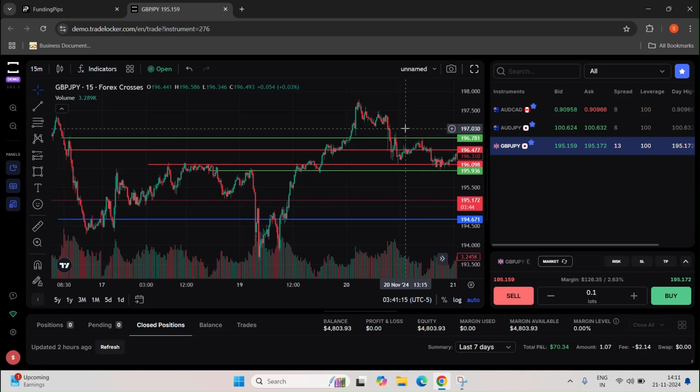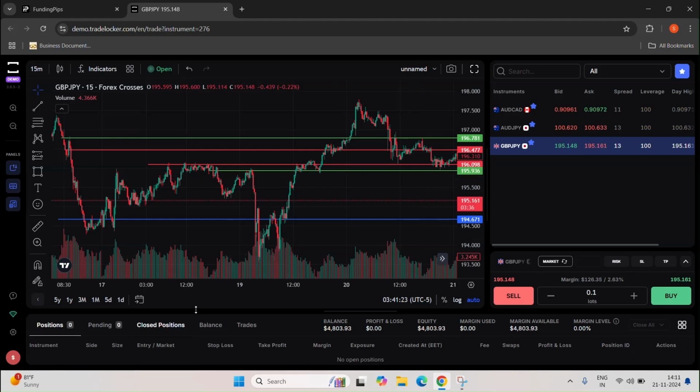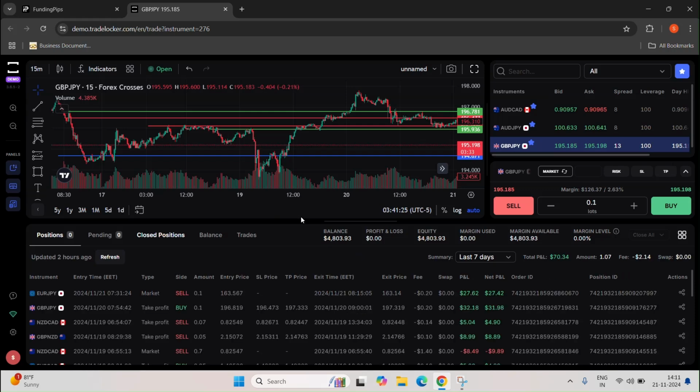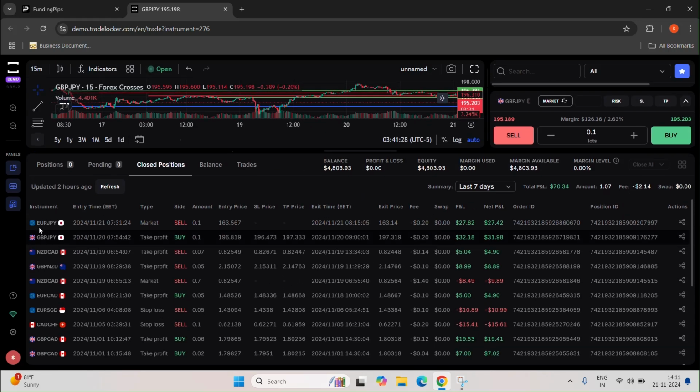Trade that I have taken, a position that I have made. I'll tell you why I had taken that particular position, the particular logic behind it. So we just see the position or closed positions. Then you will see that I had taken a position in Euro JPY on 21st 11,